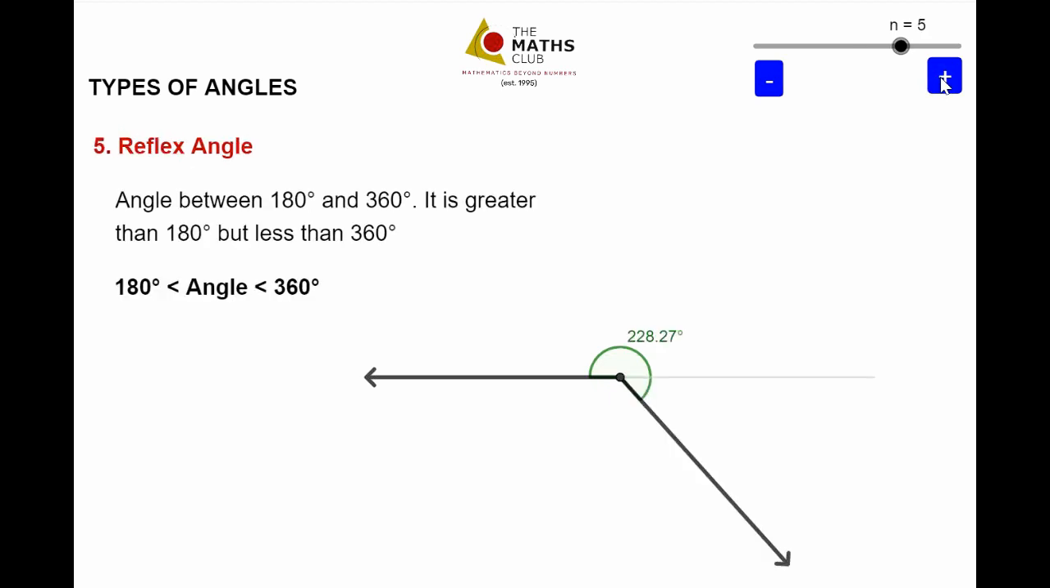The fifth one is a reflex angle. Not very popular because when we think about these two rays, we look at this part here as the angle between them. But there is that angle which is outside, or which we call reflex, which is greater than 180 degrees but less than 360. You can see it is greater than the straight angle, but it is less than 360 degrees,